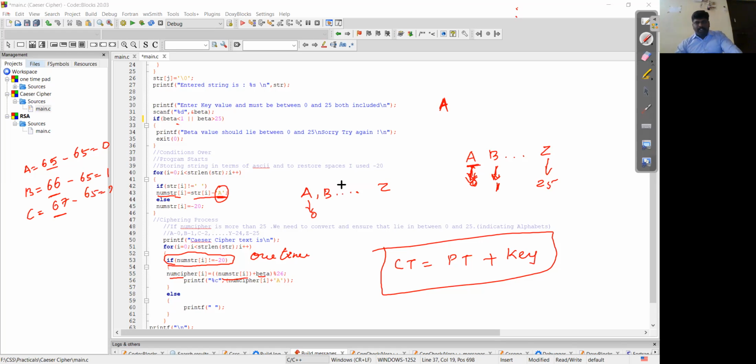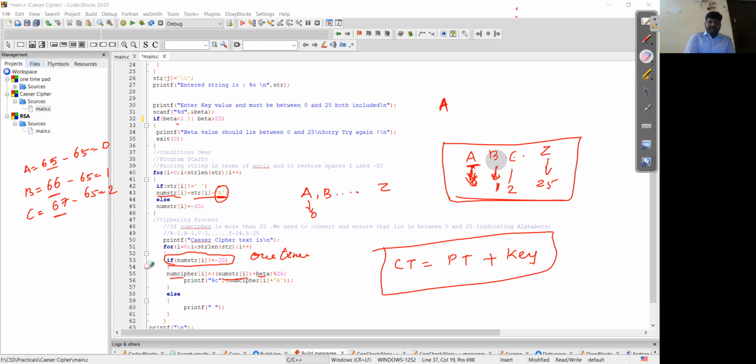I'll get 2, so 2 will be assigned for C. By the way, I am mapping all these ASCII values into 0 to 25 for the capital letters. Henceforth, I am not going to use any ASCII values, only the mapped numerical values. A is assigned 0, B is assigned 1, C is assigned 2, and likewise Z is assigned 25. Is it clear now?